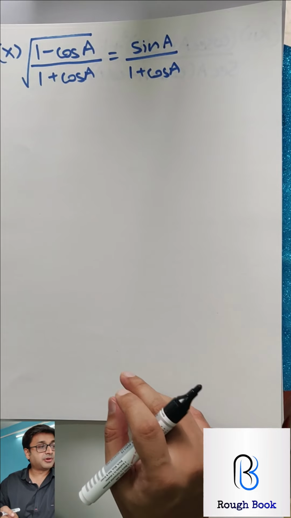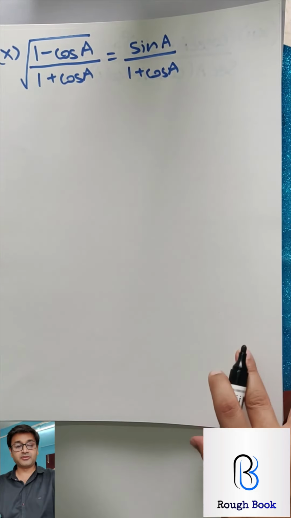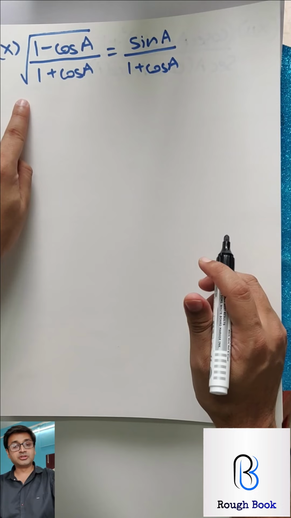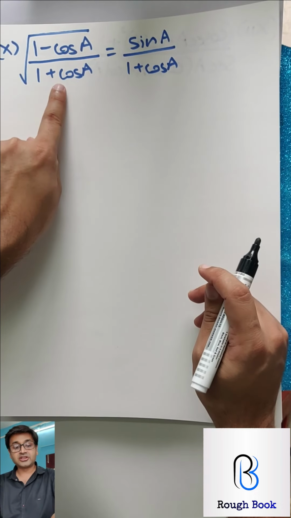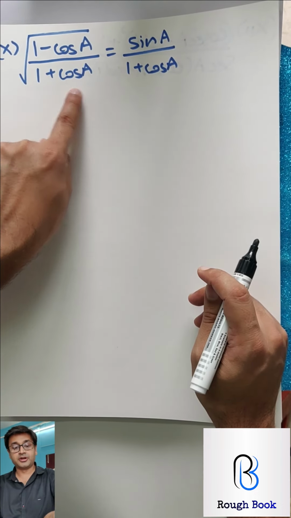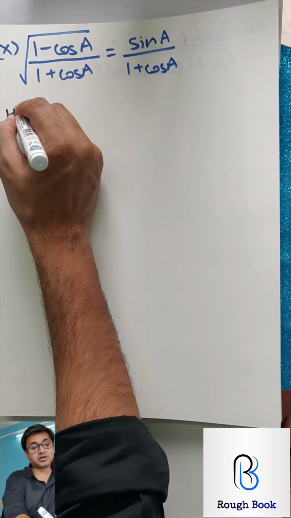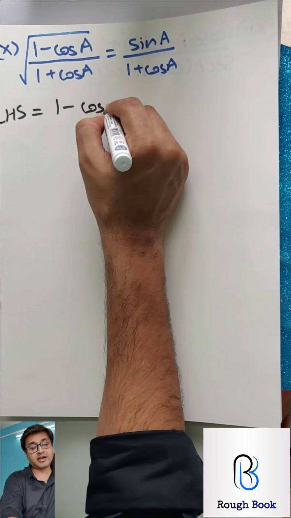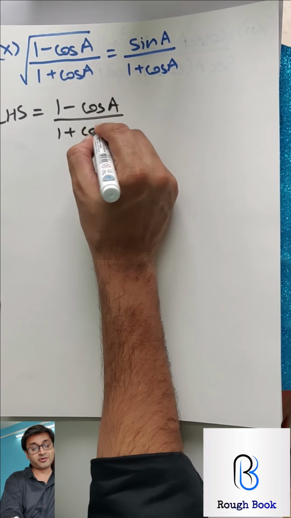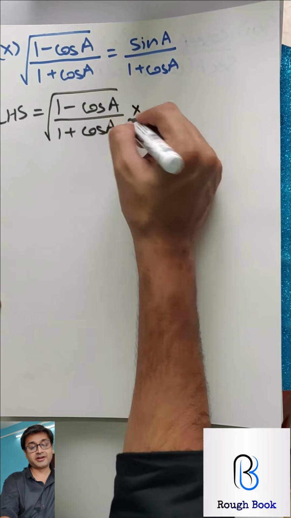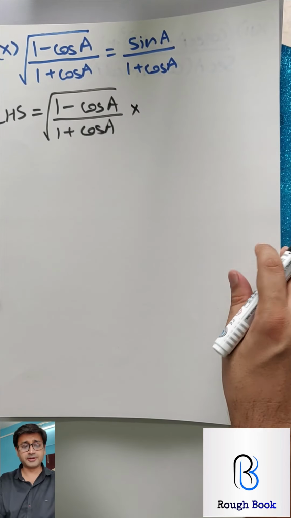I want you to try sum number 10. 10 is simple. We've done this type before. So when you see a root, you have to rationalize, either the numerator or the denominator. Look at the right hand side. That will tell you which one to rationalize. So come on, decide yourself and begin. I am not telling you. I know you are waiting for me to answer. Sorry. Come on, try it. Pause. Come on, try it.